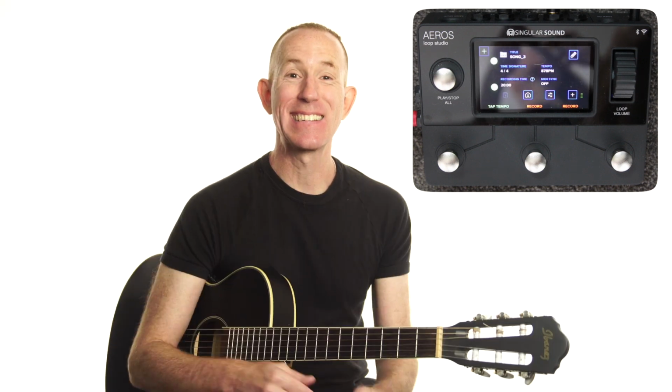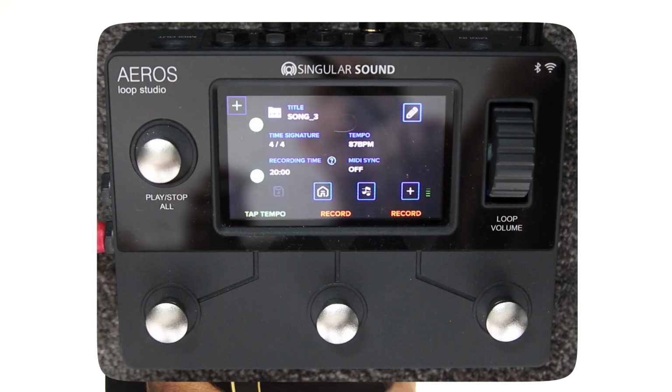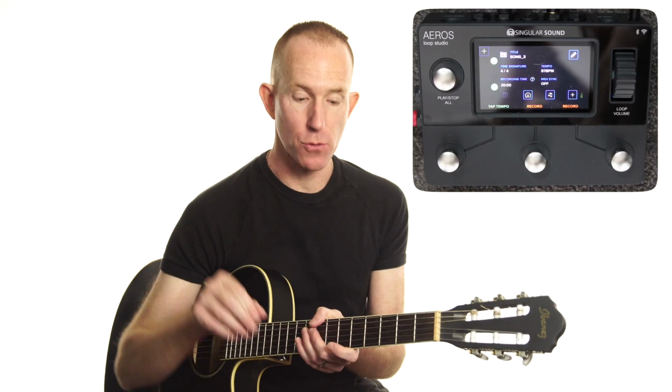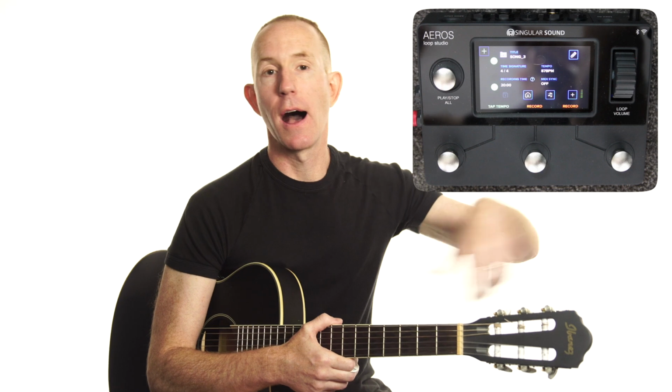Now that click track can be just in the count in, or it can be throughout the entire track. In addition to that, we have an auxiliary output, which is what I'm using right now. Over here, I'm running this to my little speaker so I can hear in the room, and then I've got my main output over here running to record this video